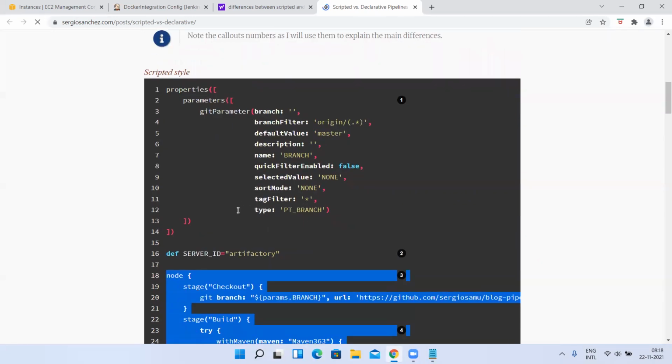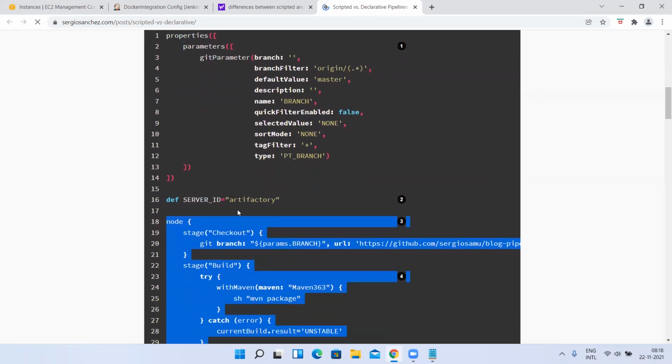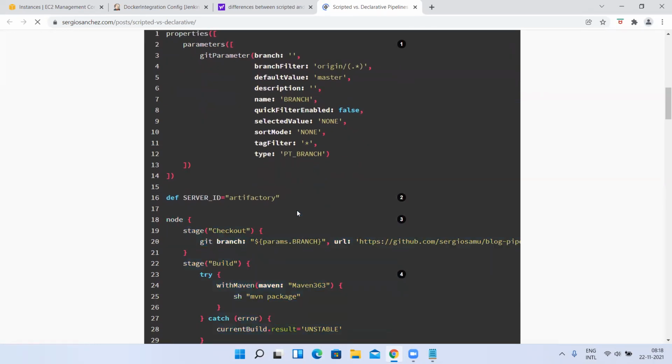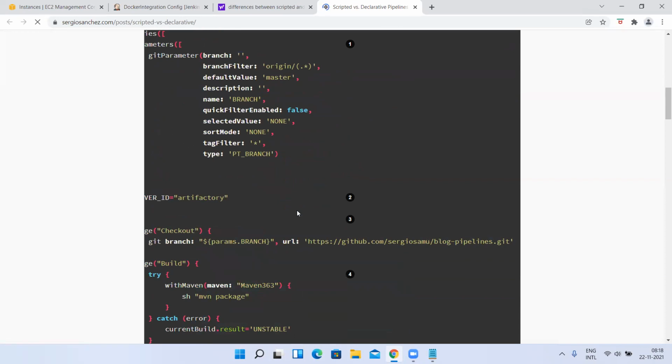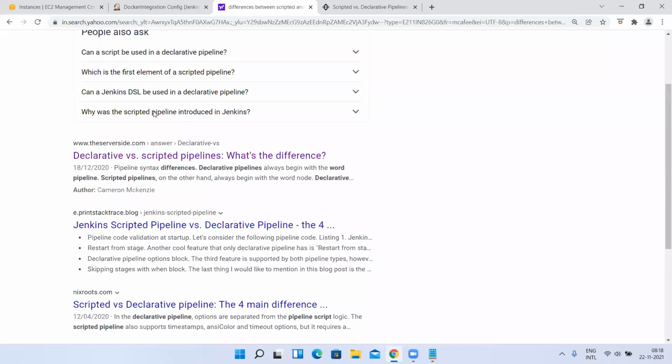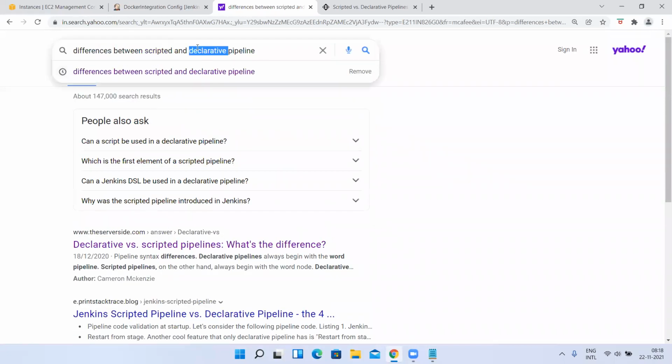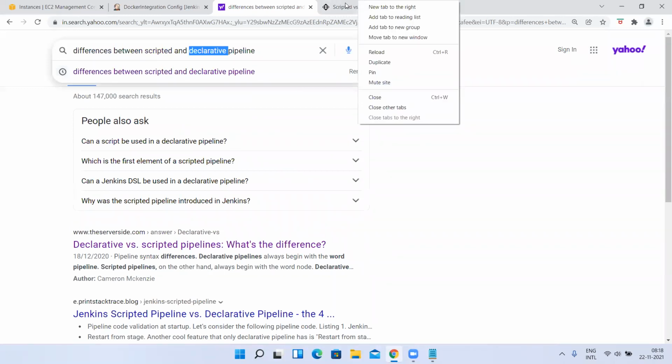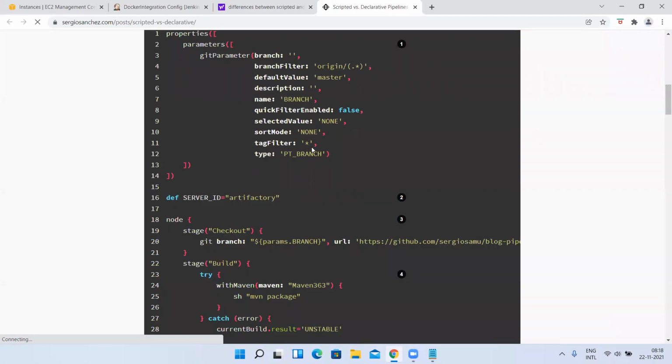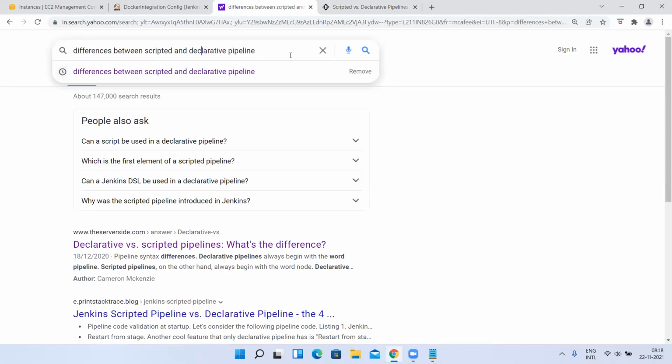There are two types of scripts actually. What are those scripts? Scripted and declarative pipelines. Two formats you can write. Almost similar, but there is a little difference. I cannot explain this difference now, so just Google the differences between scripted and declarative pipeline after this session. Now, if you Google, you will not understand anything, so I'll explain the scripted format. In one of the sessions, I will do a video about declarative and all the differences. But for now, I'll explain the scripted format.